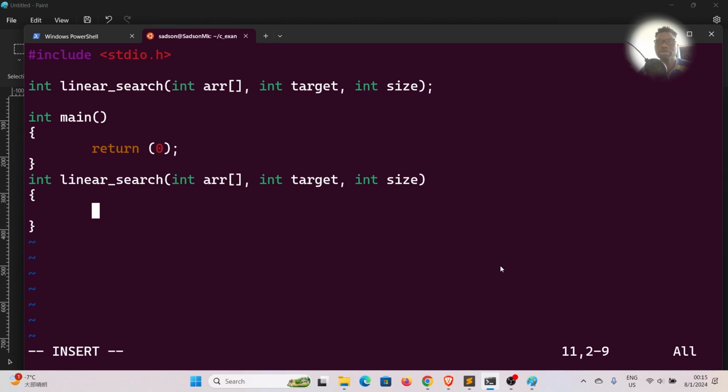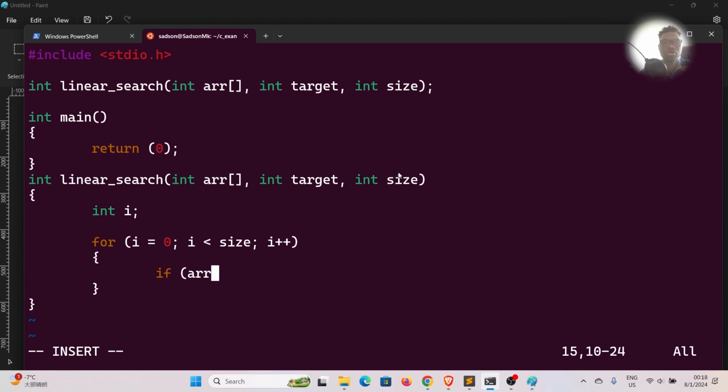So we're going to use a for loop: int i; if i is less than the size, and then we increment our i right here so that it moves. If our array, which is this thing right here, square brackets, and then we pass in i, because i will start from 0, incrementing, and then we want to compare if it's equal to our target. Our target is up here, which is this thing right here, to return our i, because we would have found